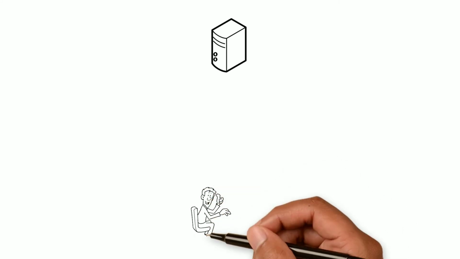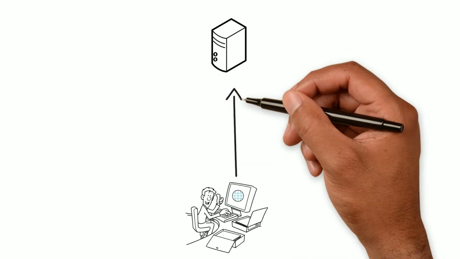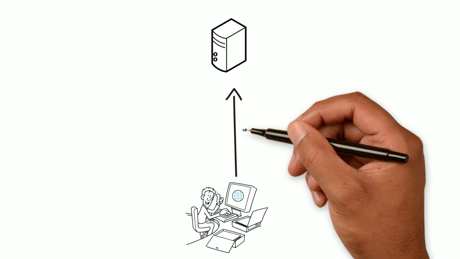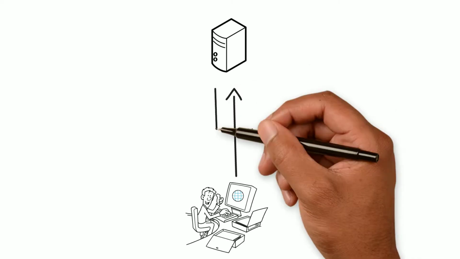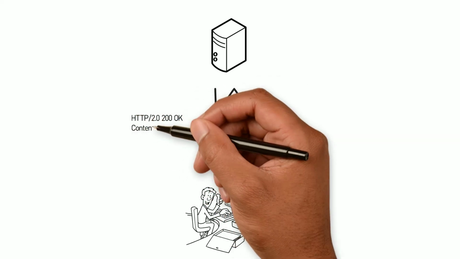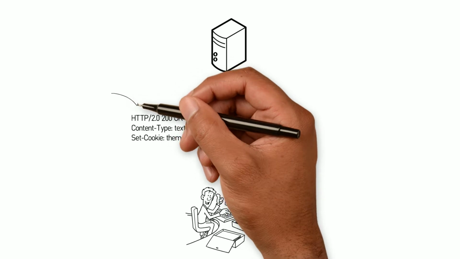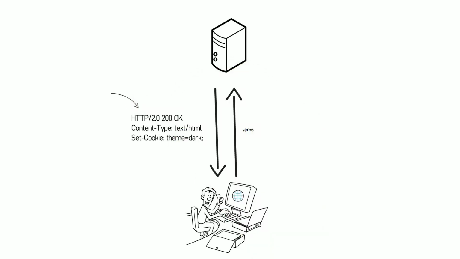With that in mind, let's understand how the server sets a cookie. To be able to do that, imagine you're accessing a website. Could be any website. We type the URL and then the browser sends a request to the server. The server usually takes some microseconds to respond to the browser. But when the server answers, it answers with some metadata. For example, the server responds to the browser with the code 200, which means OK. This is an HTTP response code.